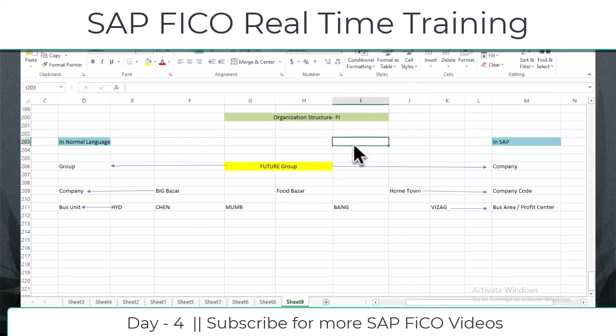SAP and what kind of modules are available. So what is our FI and CO and what are the sub modules available. So this is what we discussed. And after that, okay,